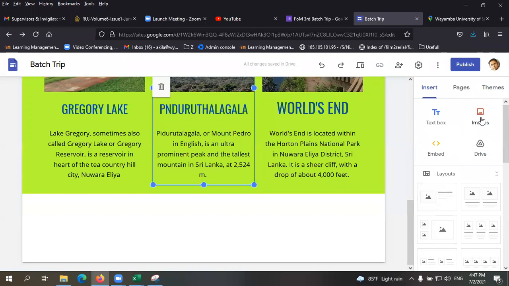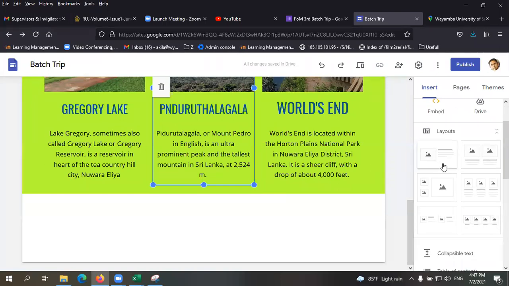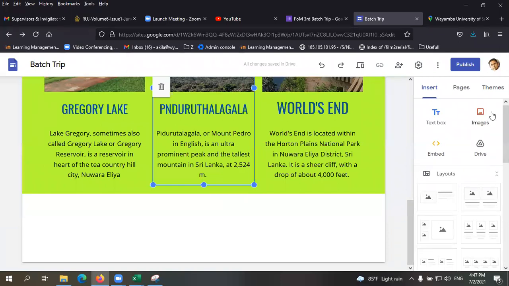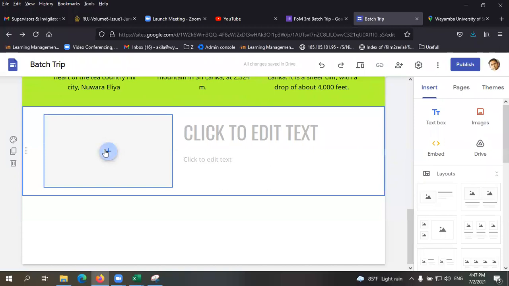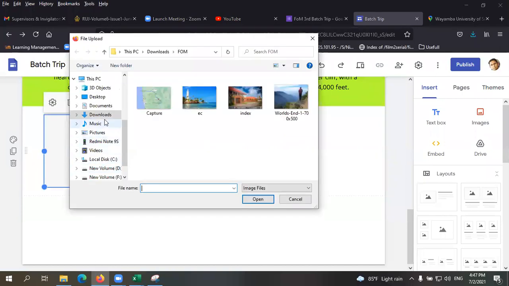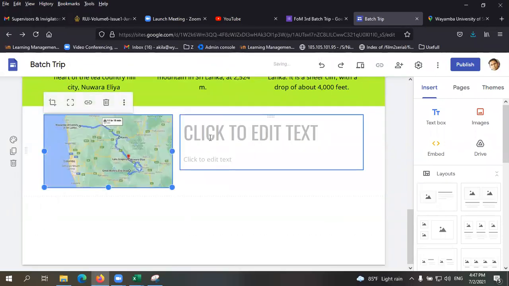You can click here and you can just add the image, but I'm going to add that with the description. So I'm going to select this one, the layout, image and the description. If you wish to add only the image, you can do that from here. I'm going to click this one, image, upload image, this one.